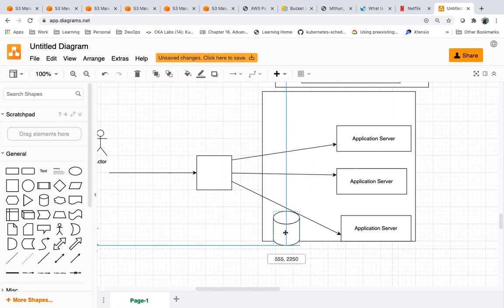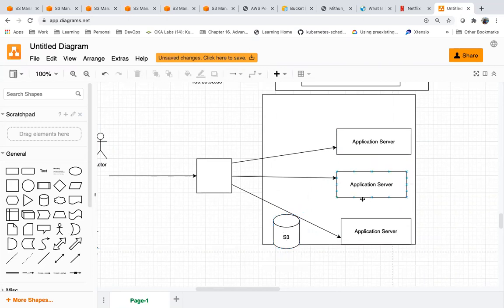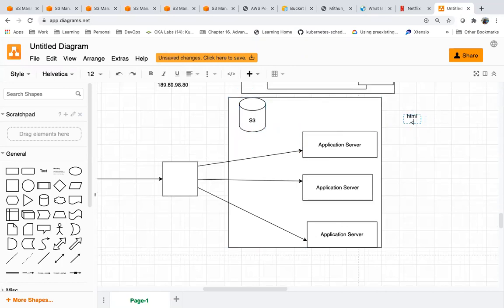I can have all my static content in S3. Then I develop an application, like in HTML, where I can directly refer to the object links, whatever video or audio links.